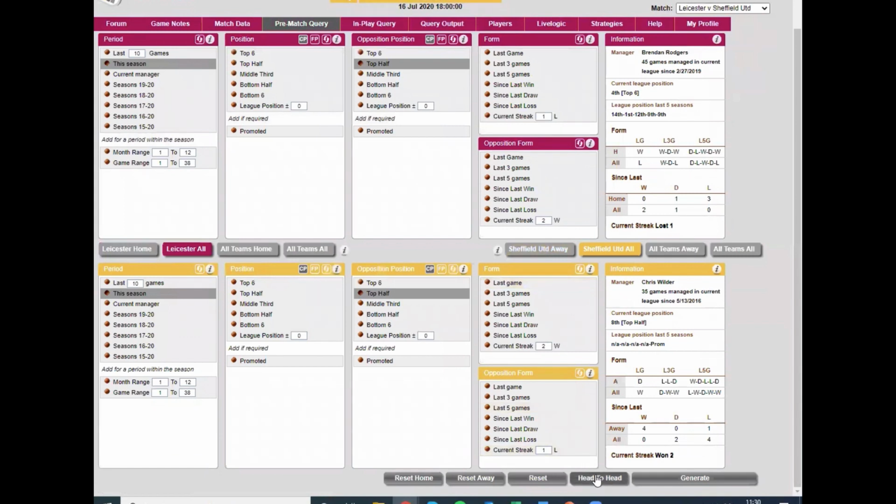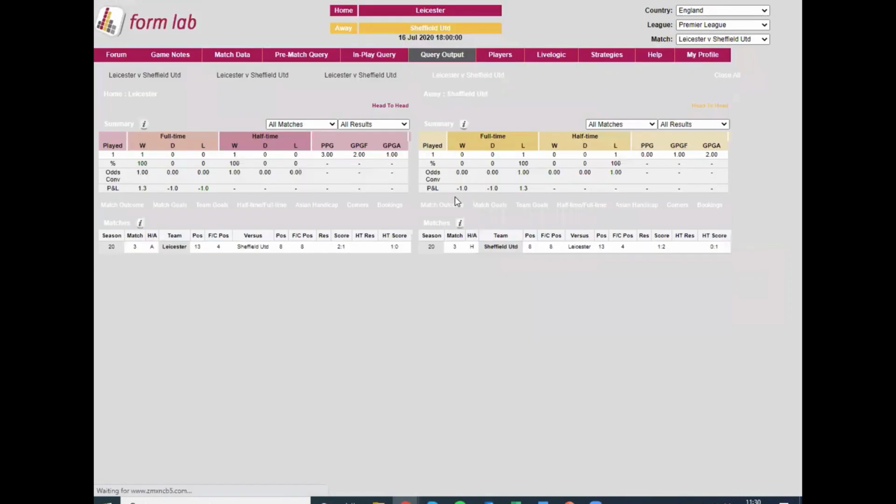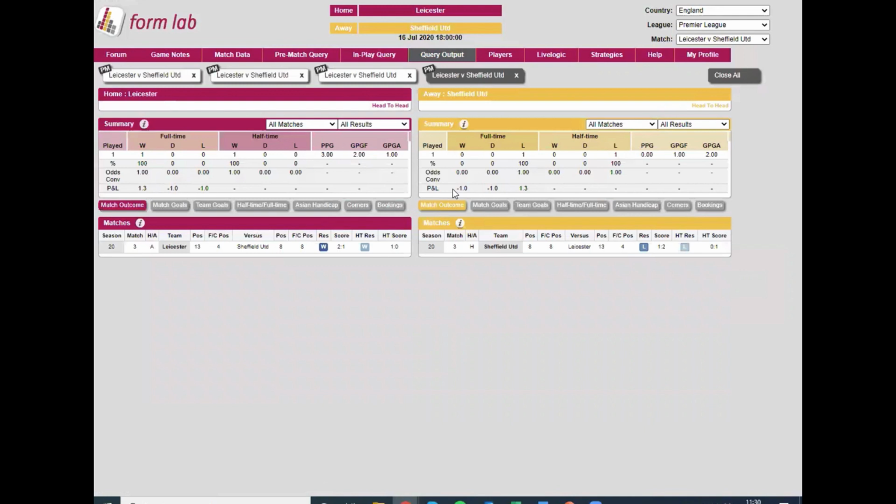And then the last quick thing, I'm just going to quickly go in. You want to have some head-to-heads, and I'm going to go all seasons, but obviously Sheffield United have only just been promoted, so in this case, we would almost just ignore it. But Leicester did win away, scoring a first half goal as well. But I'm almost inclined to ignore it, because if we then look at the next point,